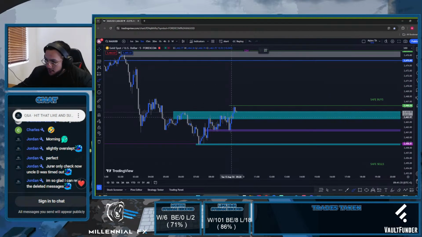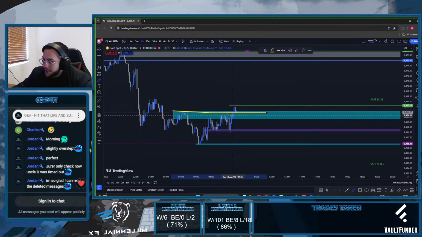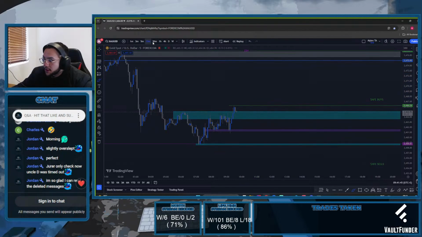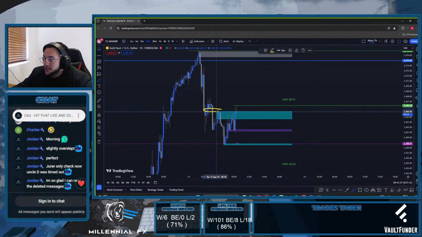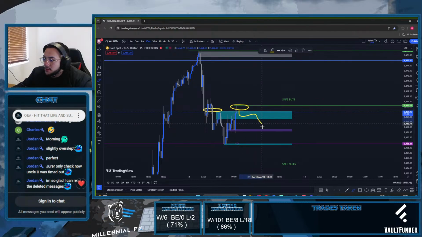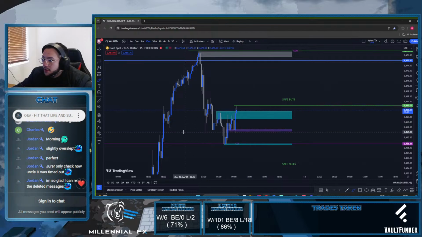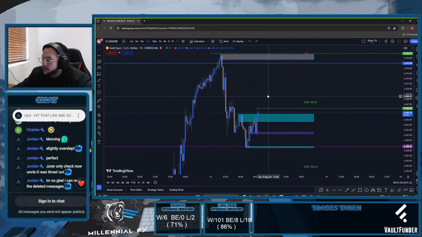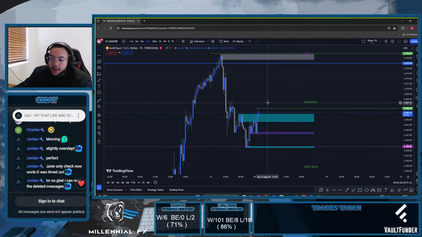See this? If we can start getting closure above, we need this, because this is that 5-minute retest. The break of the highs will be the drive. However, what I'm watching the whole time is this liquidity level right there, because this could be price grabbing liquidity to come back down. So that's something I'm watching the whole time. So 100%, the only way I can get in is if I get closures above.